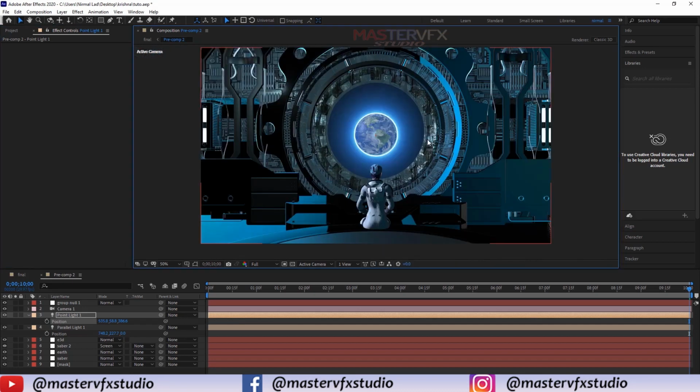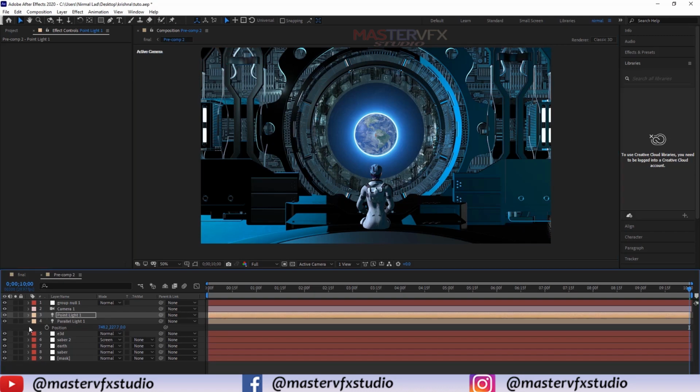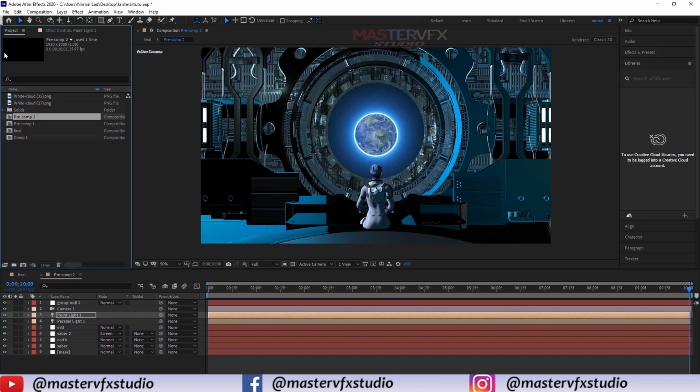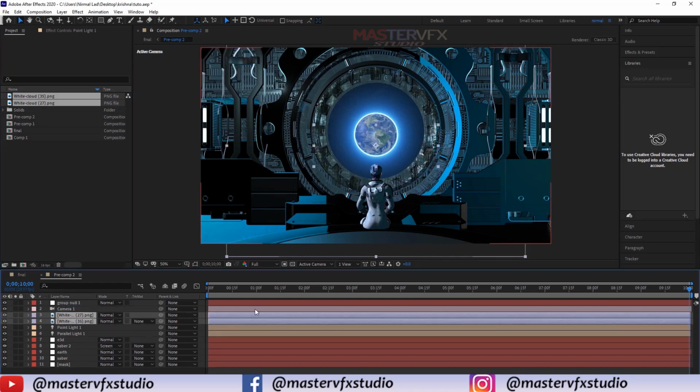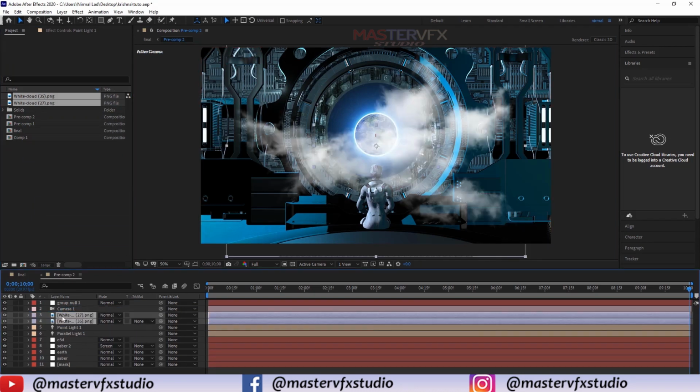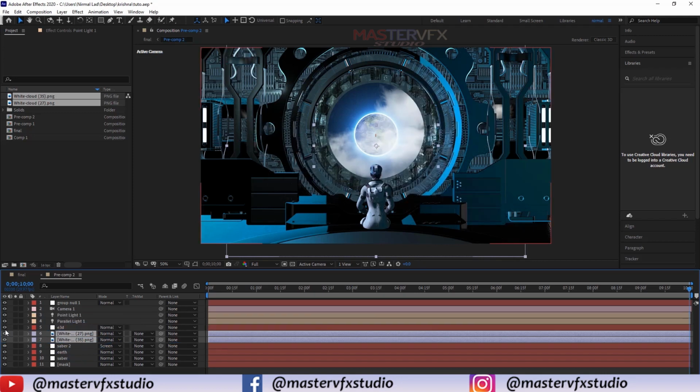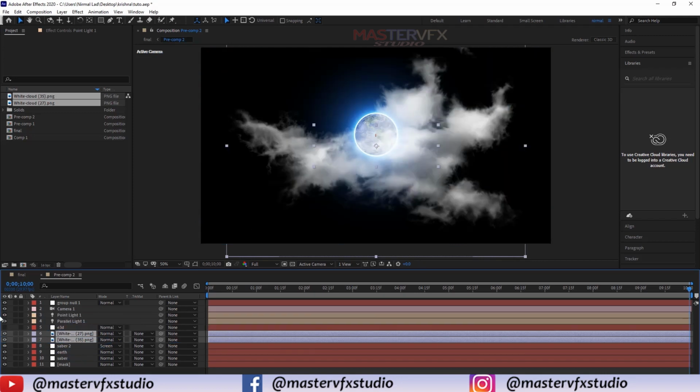Now guys, we are going to create the cloud outside this Element 3D layer. For that I have two PNGs of cloud which I imported in the timeline. Put both layers below the Element 3D layer and disable the Element 3D.